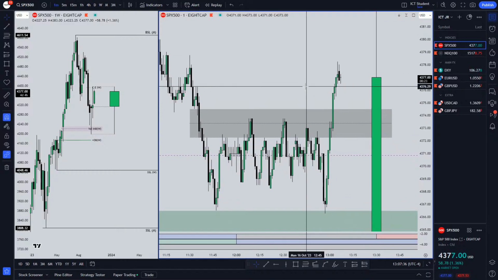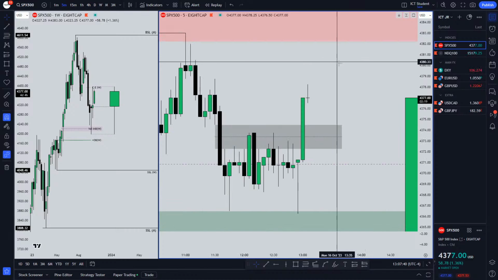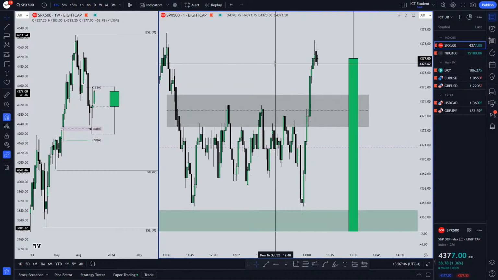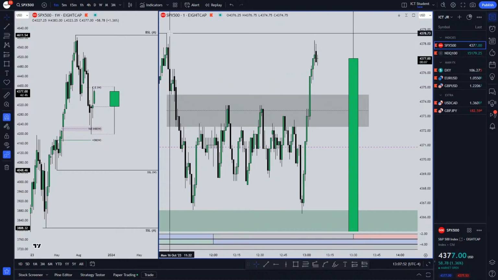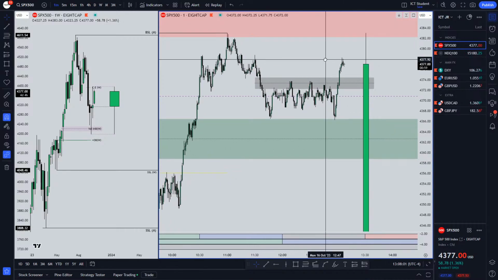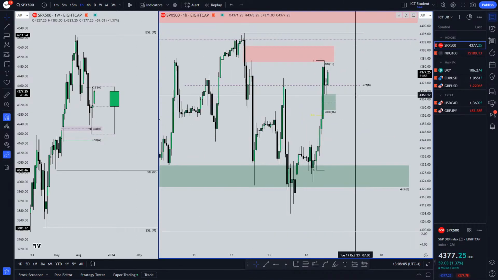So you can see that here, guys. You see here the 5-minute created another fair value gap. We're about to close on this candle, 2 candles, 3 candles actually after this one. So I'm just waiting for that. We can probably come and get a retest. We didn't take out this buy side here, so that's something I'm watching. If we can just come take this out, I would want to see more higher prices into this sell side imbalance.